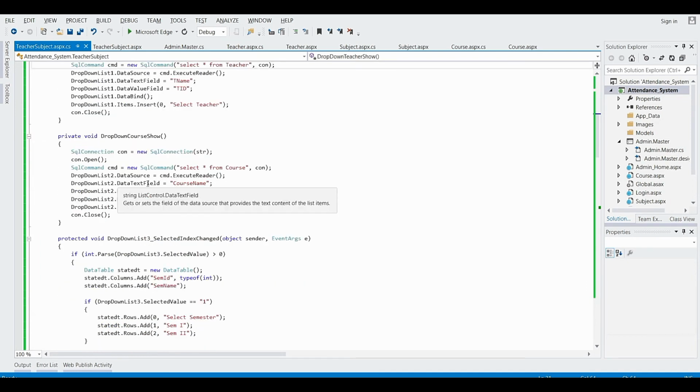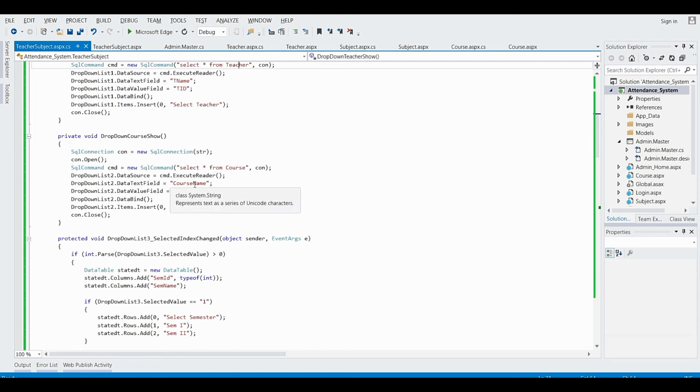Now here, data text field and data value field, what is that? Data text field is what is going to display the result to the user. The data present in the column course name will be displayed to the user, and the data present in the column CID will act as the value to be selected by the user.